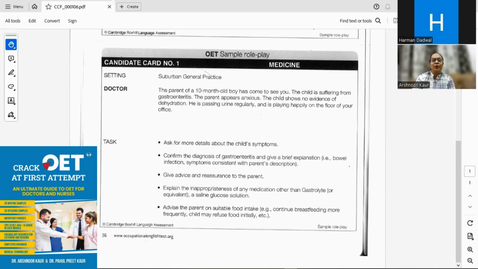I'm finding that many students are stuck at speaking only at 320 or 340, which is very painful. And if you play your task properly, definitely you will get 400 plus. The students I'm teaching are getting 420, 450, even more. So if you use all these tips in your task, definitely you will cross 400 in your OET role play.